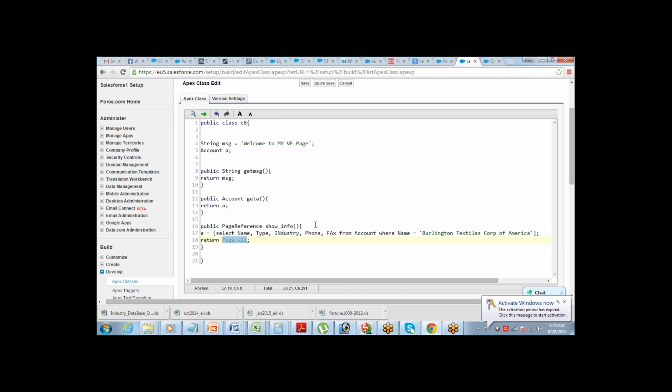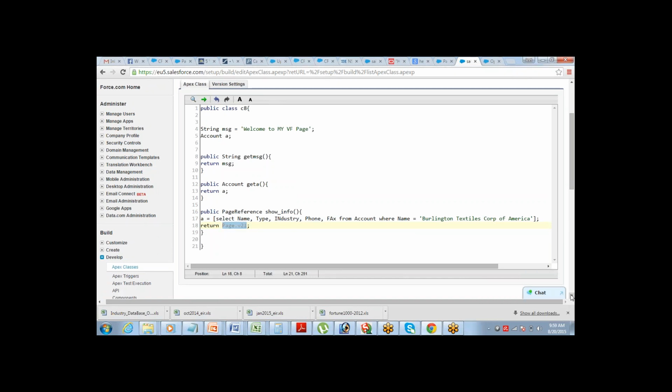Got it, Jeet. So in this case, if we again type return null, it will again display the V20 page, right? Yeah, it will do whatever you instruct. You just have to understand what exactly you want to do and how you want to construct